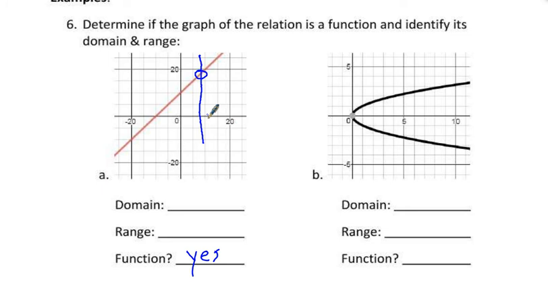The domain is all possible x values. I like to think of the x-axis here as like a magnet that will draw every point from the line directly to it, straight down or straight up. Is there any x value along this axis that would be uncovered? The answer to that, in this case with the line, is no. So the domain is all real numbers, or from negative infinity to infinity